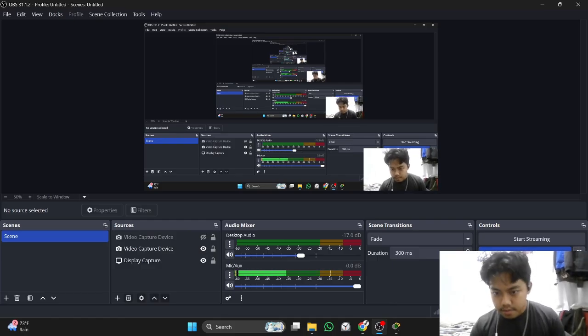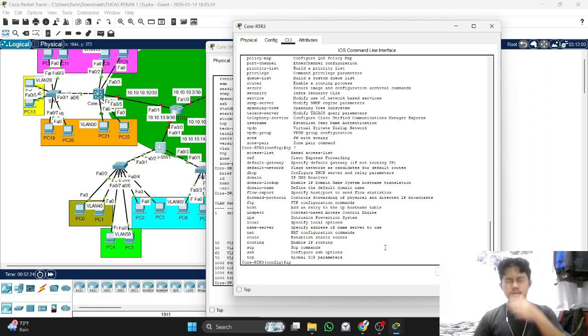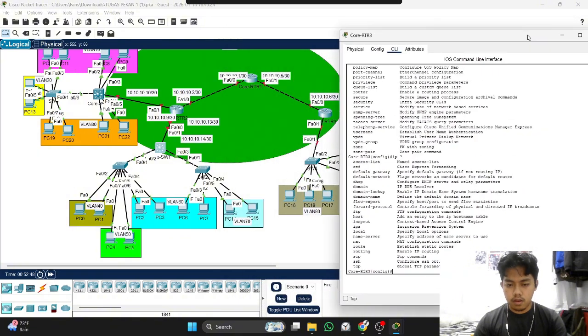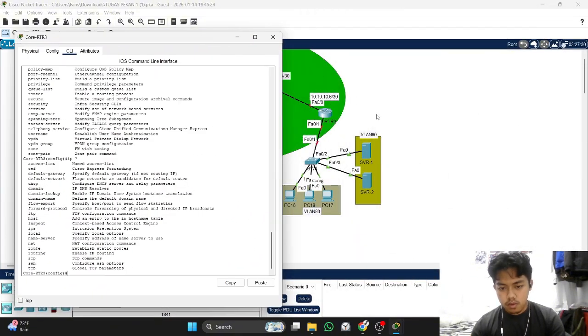Okay guys, we continue the configuration. So if we create the VLAN on the router, that's very different from the switch. We must create the sub interface. So that's the router on a stick. First, we look at the interface that goes to the switch.